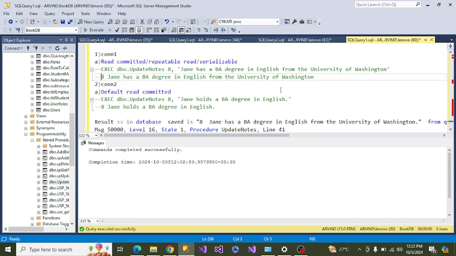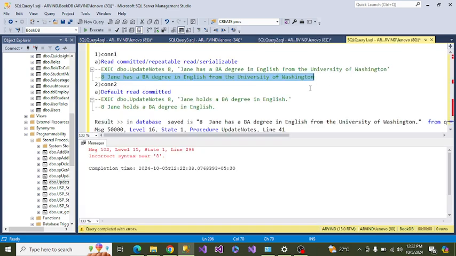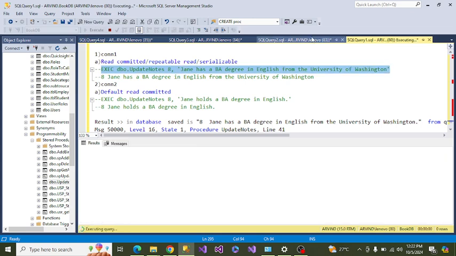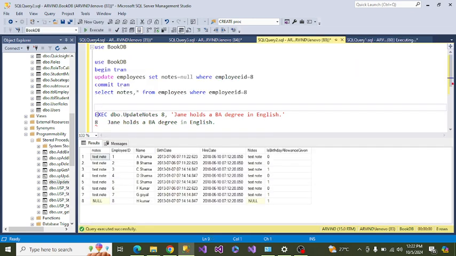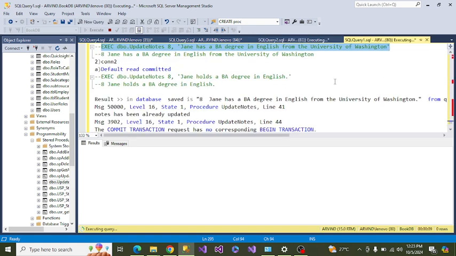If you see it is updated, and if you run this one here and run this on the same time, it should give this message, because this message says that the node has already been updated.